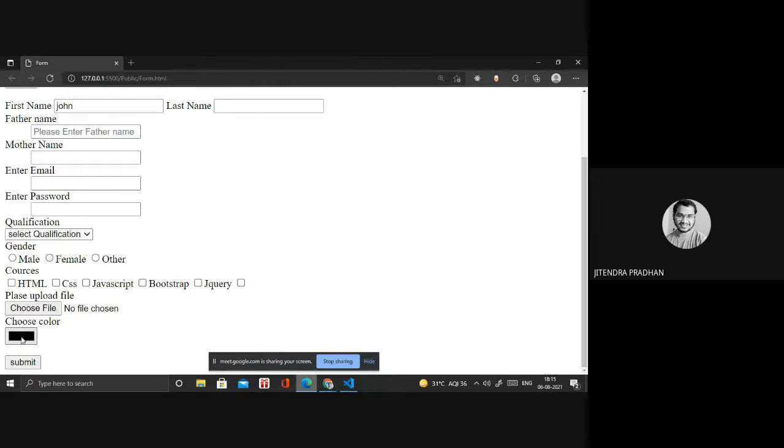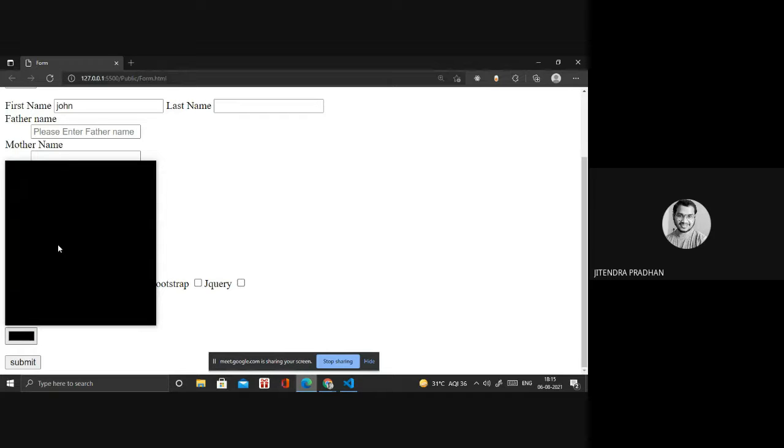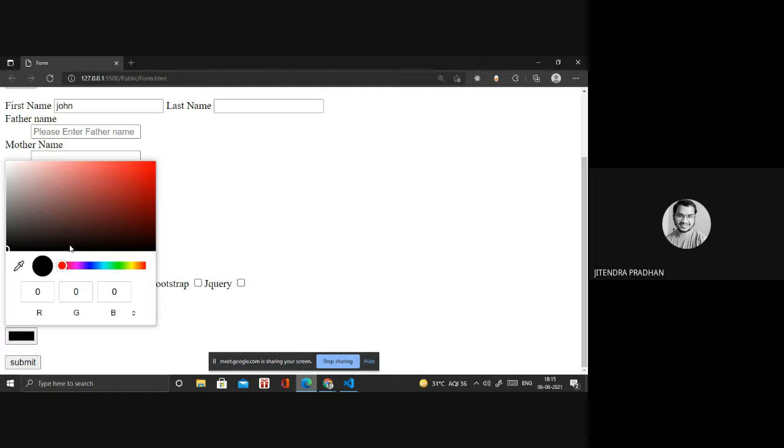When you click that color button, it will open the color picker, and when you click on any particular color, then it will show RGB: red, green, blue. I already discussed with you what RGB is and how we define color, from 0 to 255.